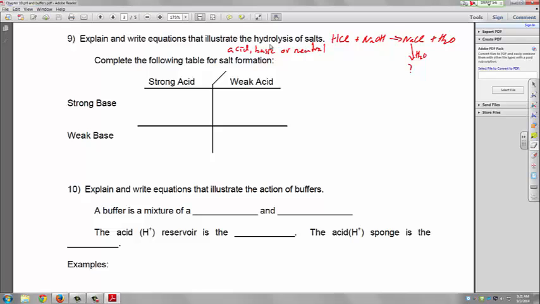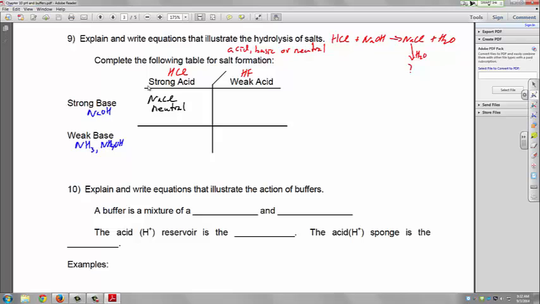Okay. So I think I have this table here reversed from how I had it in my notes, but that shouldn't matter. We'll use an example of a strong acid, HCl. A weak acid, we'll use hydrofluoric acid. For our bases, a strong base, we'll use sodium hydroxide. For the weak base, we can use ammonia, or if you wish, ammonium hydroxide. Same thing. If you have a strong acid and strong base, these guys neutralize one another, of course, but they fight to a draw. So the salt we get, sodium chloride,